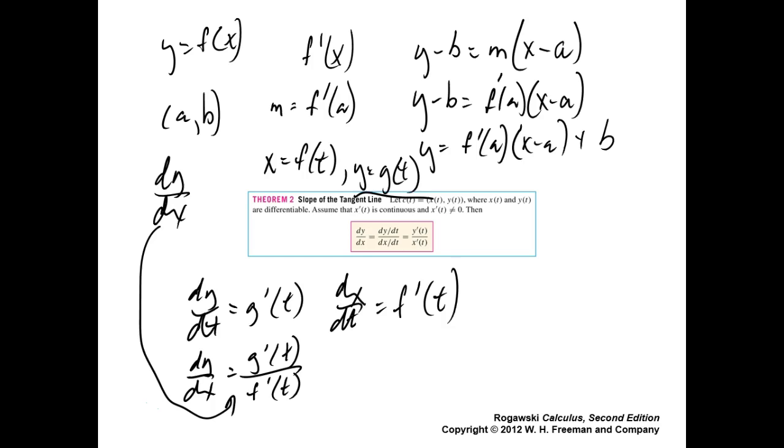Now, they make a little statement here, and it's certainly very important. Of course, g of t and f of t have to be differentiable. If they're not, hang it up. I mean, how do you get a derivative of a function that's not differentiable? So those two have to be differentiable functions. And in general, I think you'll find that most of the time they are, at least when they're giving you the thing. So they're differentiable, and if that f prime of t, which shows up in the denominator, is continuous, not just f continuous, but f prime is continuous, and f prime is not equal to 0, it better not be, okay, continuous but not equal to 0,